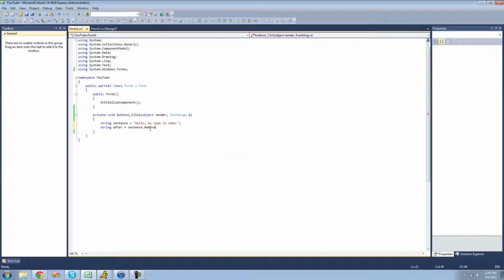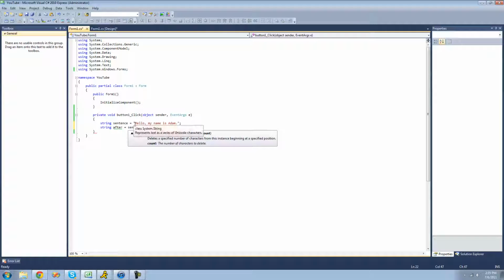And just do remove. And as you can see, just like the substring method, there are two different parameters you can use. You can either have a start index, and that will just start at a point and then remove to the end, or you can specify a start index and a count, or how many it will remove. So we're just going to have it remove hello here. So we're going to have it start at 0,